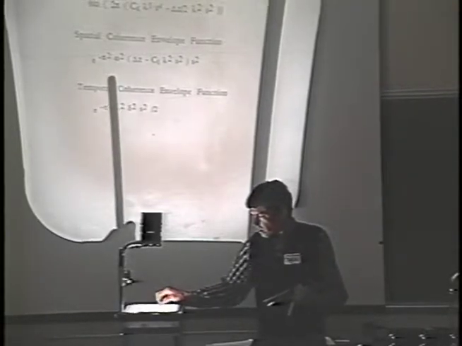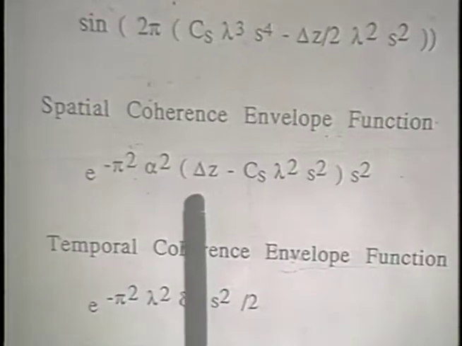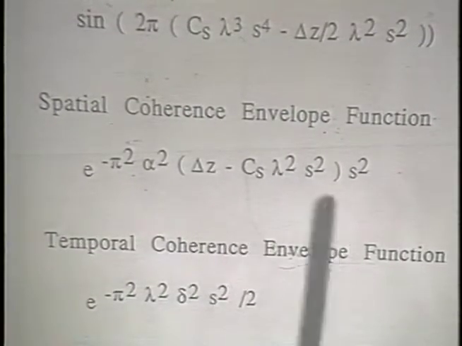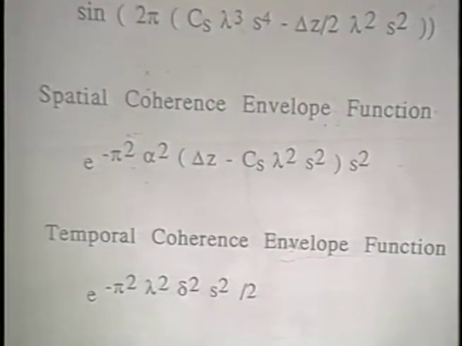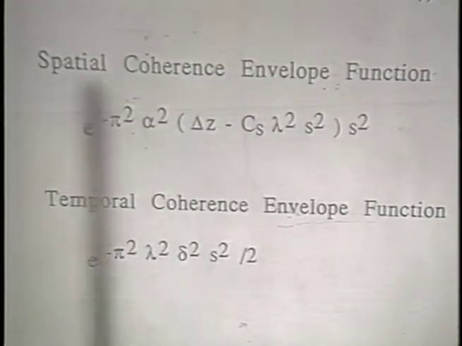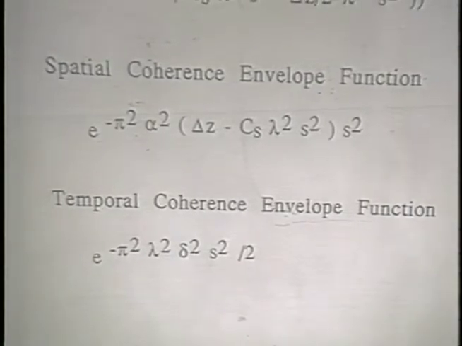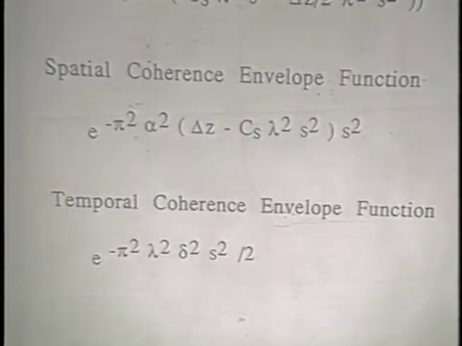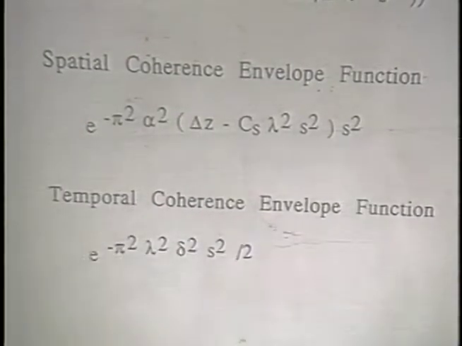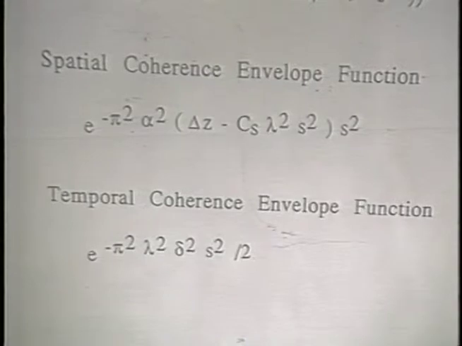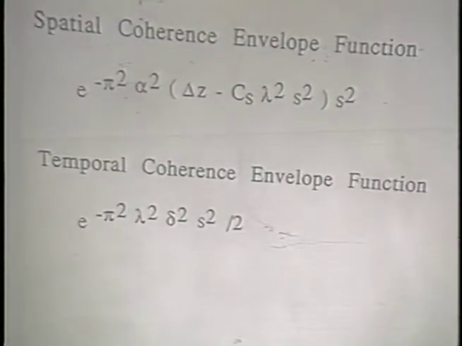Alpha here is the size of the condenser aperture. The delta Z is the defocus, and S again is the coordinate of the resolution. Both of the envelope functions are simple exponentials, so as the argument in the exponent gets larger, the value of the exponential gets smaller, and the contrast goes to 0. So the smaller alpha is, the smaller this value here is, and the larger S can be to give you the same contrast. The temporal coherence has to do with